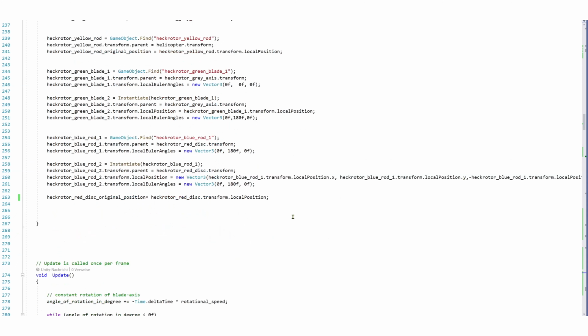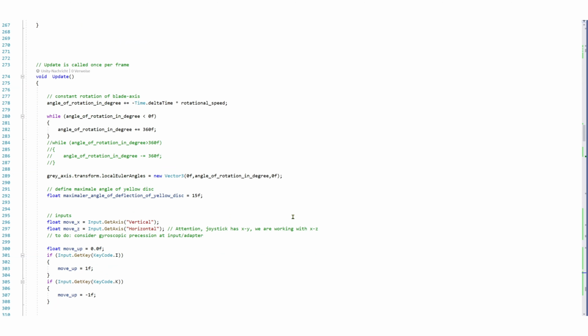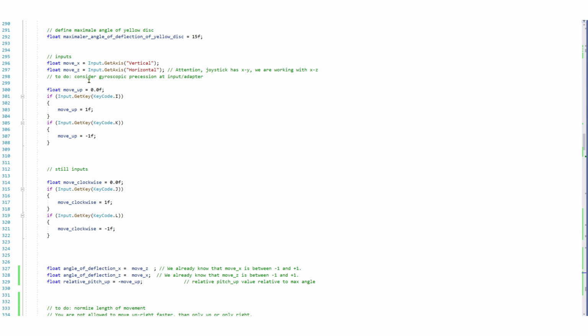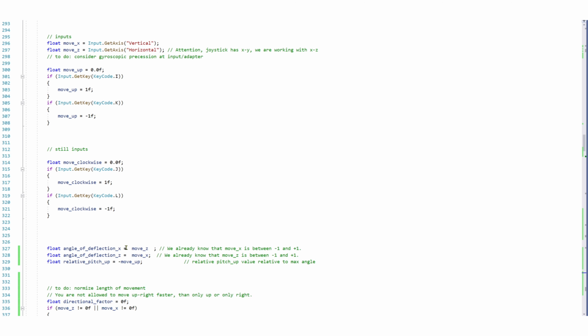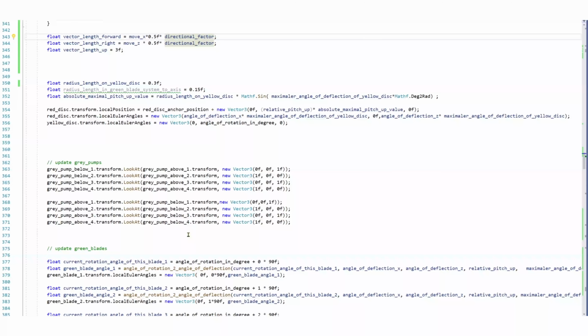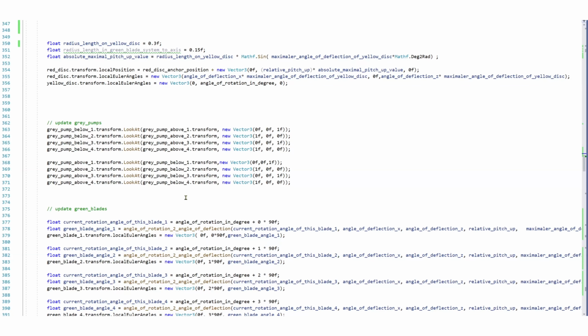And I also updated a bit of the function of the controller, and had to adjust a factor so that it always goes with the very same speed, independent of the direction I'm going.